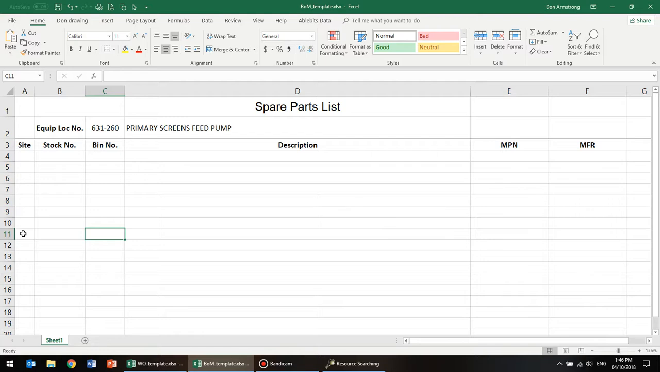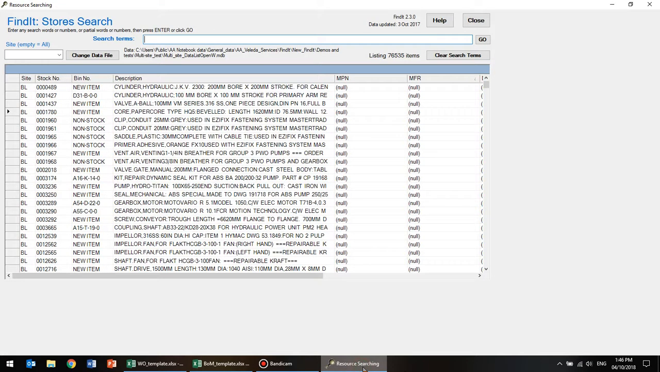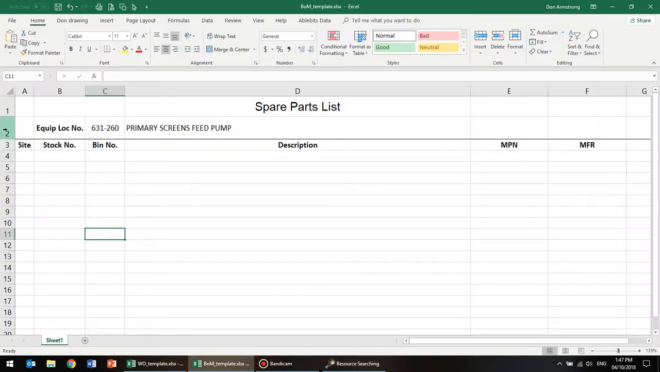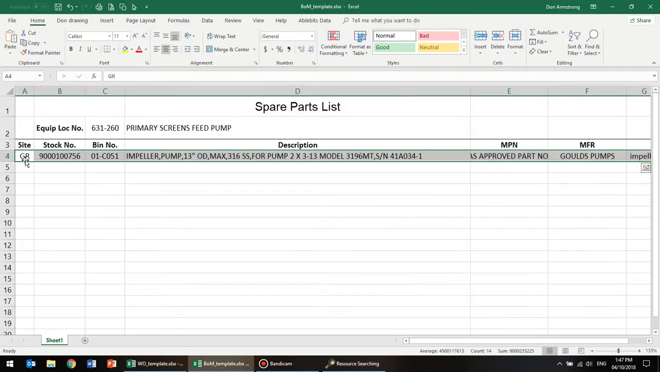Now here's the template for a spare parts list for a piece of equipment. We know the pump is a Gould 3196MT pump. So if we go to FindIt, put in Gould's 3196MT pump. First thing we want is an impeller. So here's the impeller. We know, scanned down, it's a 2x3 pump. There it is. We'll copy that